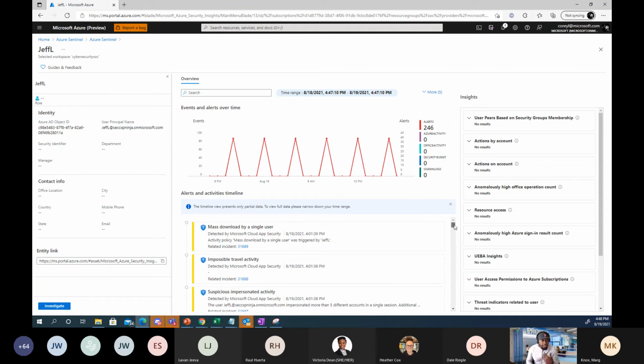So as you might see, things like mass download by Jeff. Historically, he doesn't seem to actually download terabytes or gigabytes of data for whatever reason. But now we're seeing that type of scenario. This becomes a use case that's super important, especially for environments that have OneDrive or that have data sources that